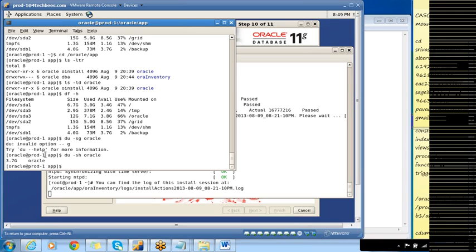You can see here oracle is occupying 3.7 GB. So to get the directory usage, we'll be using the du command.